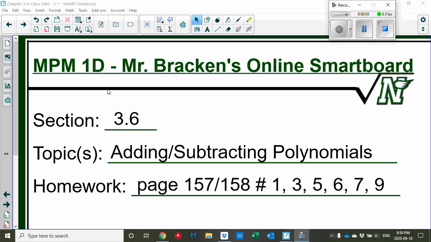Hello everyone and welcome to the lesson on section 3.6, which is adding and subtracting polynomials. If you remember what a polynomial is, just a bunch of terms all separated by plus or minus signs. So we're going to start to add or subtract polynomials,